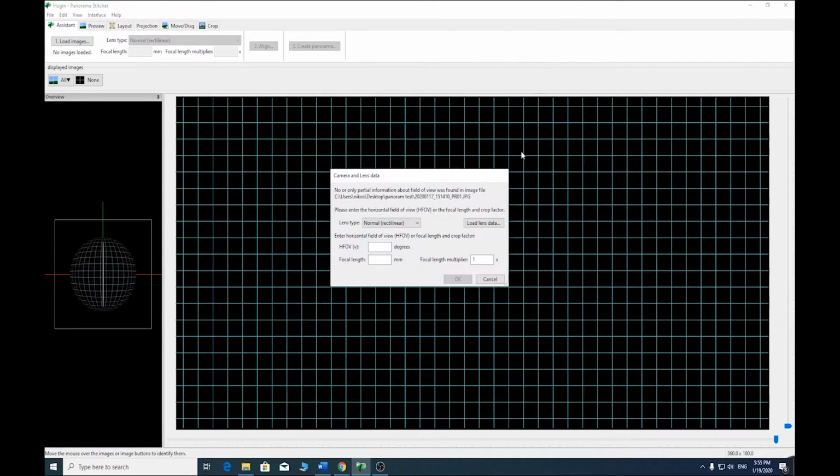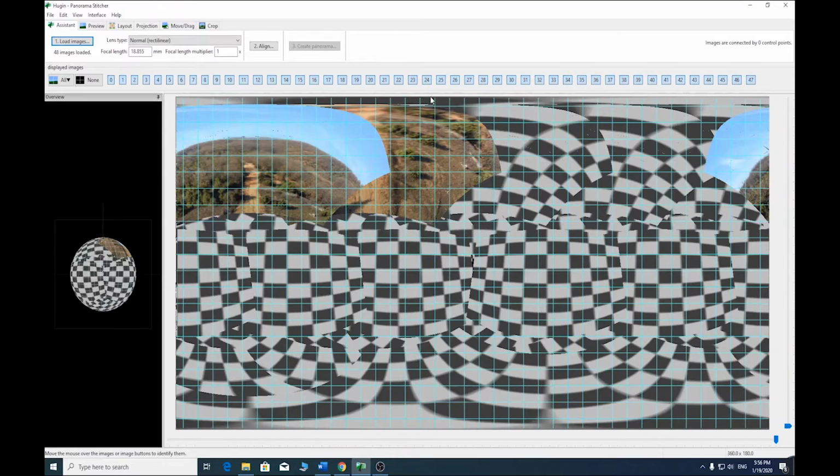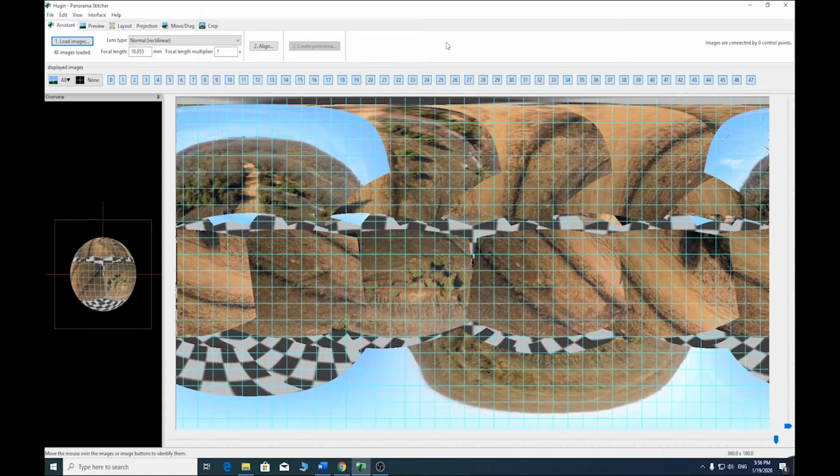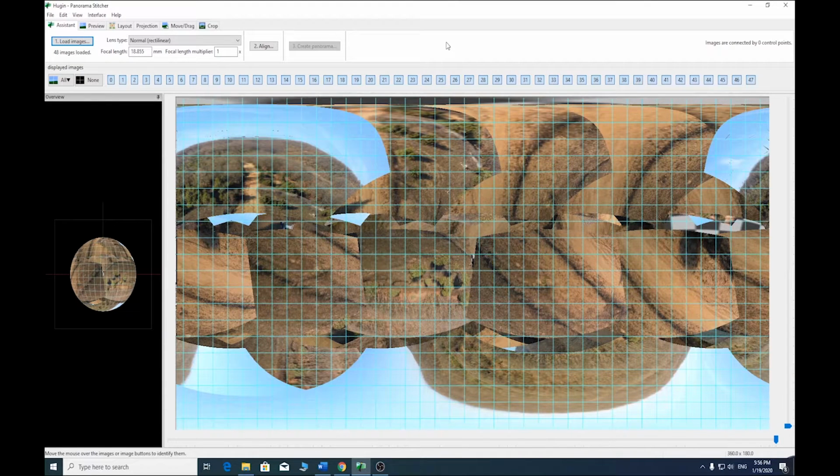In the first pop-up screen that appears when we load images, we have to enter the horizontal field of view. I have tested many values and I suggest you use 90 degrees, 90, as a start. In most cases this value works well. And then we hit OK. Now Hugsan puts all the images in order. As you can see, after a little bit of time, Hugsan finishes the loading process, and the next step is